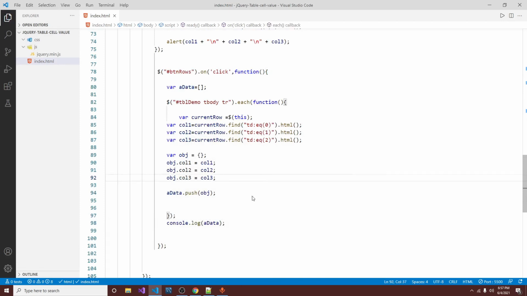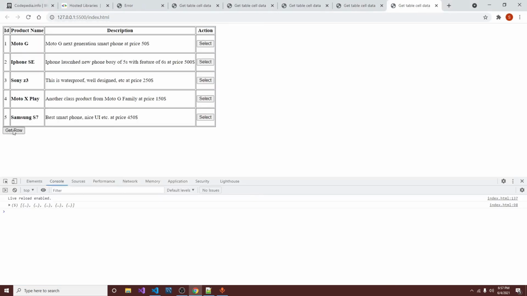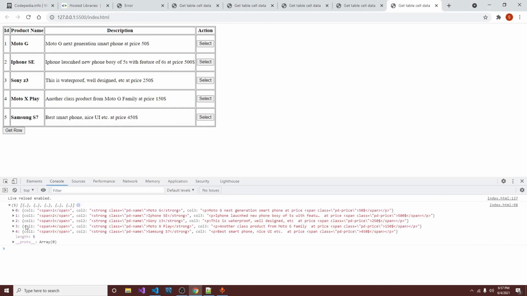Let's run this in browser, and in the console we get all the five records.